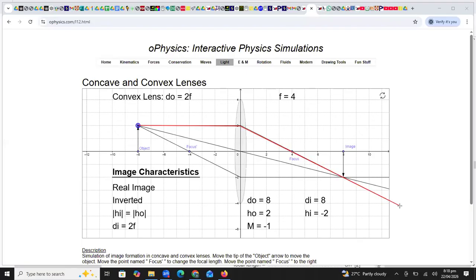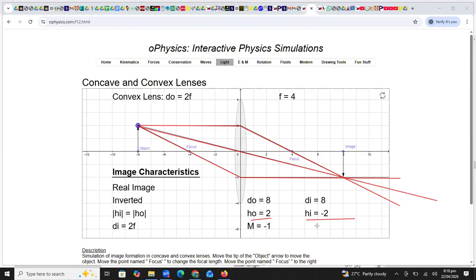Then it will intersect this point. Okay, this was ray number 1, which is passing straight. And this is ray number 3. Ray number 3 will first intersect the focal point and then it will pass straight. So all these rays are intersecting at the single point where we will get the image. So you can see, beta, the height of the image is also occupying two boxes. So the height of the image and the height of the object are the same, and they are both 2 centimeters.